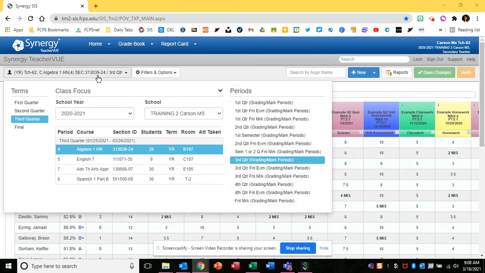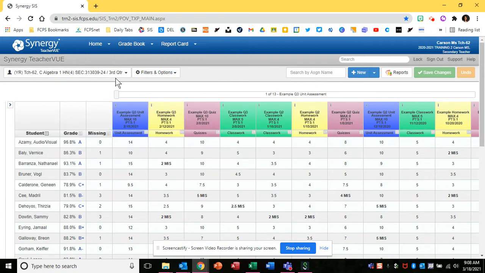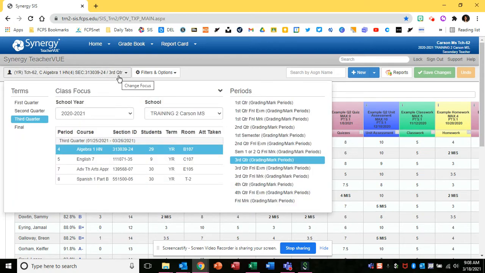The first thing to do is to switch your focus. Sometimes SIS doesn't do this for you automatically, so it's important to check. If you see it says third quarter here, and we're now in the fourth quarter window of Monday, April 5th through Friday, June 11th, it's important that you change your focus. So you're going to click your class focus here and change from third quarter grading mark periods to fourth quarter